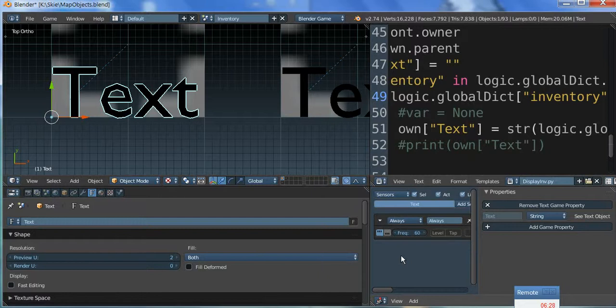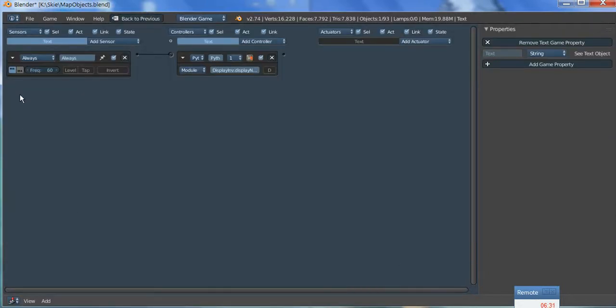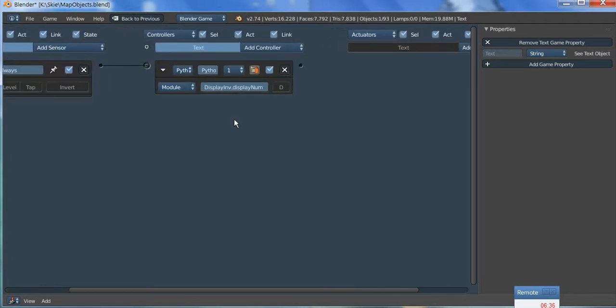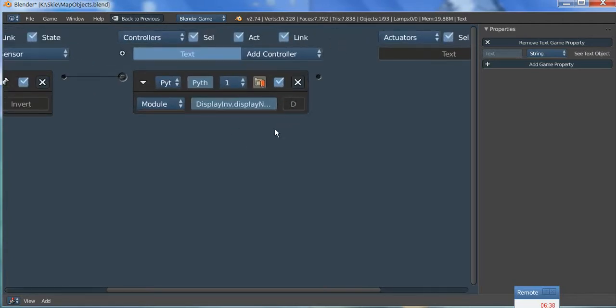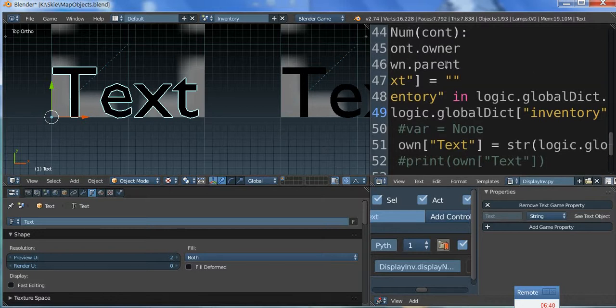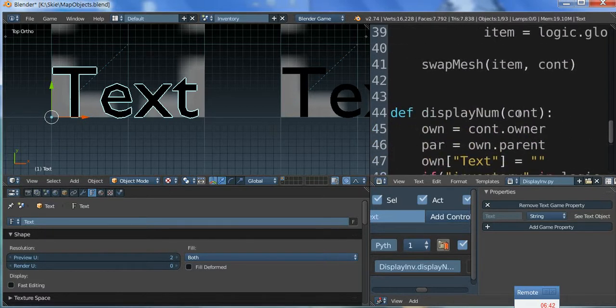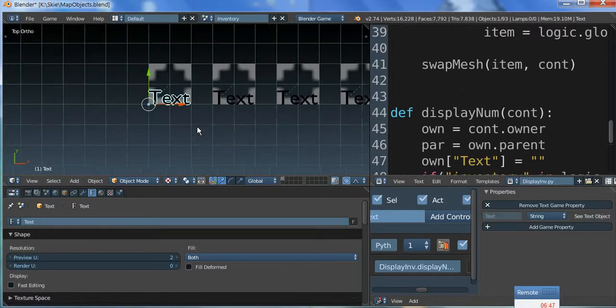We have here, on an always center sensor, set with a frequency of 60, the display inventory dot display num. You don't have to pass it those parentheses or the controller, it gets that itself, which I think is fantastic. Now, since we're changing the mesh, we are going to use a separate plane for each object, each item, and